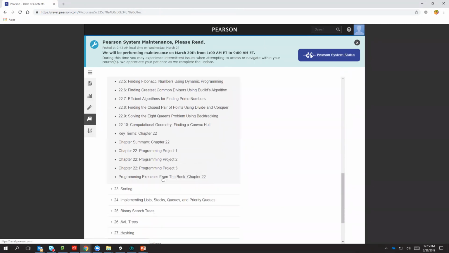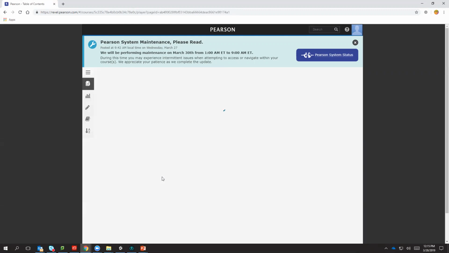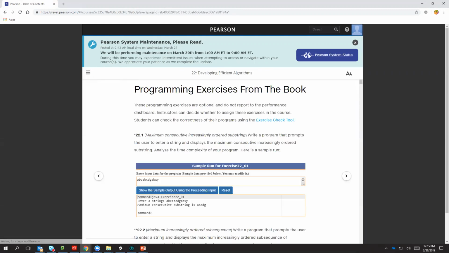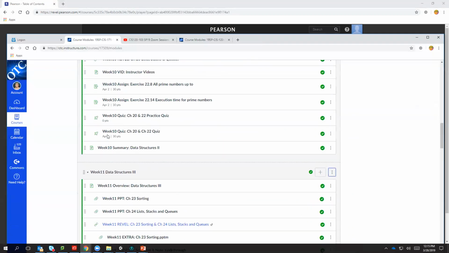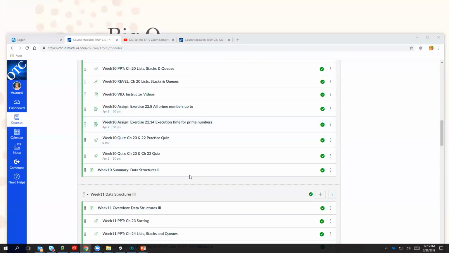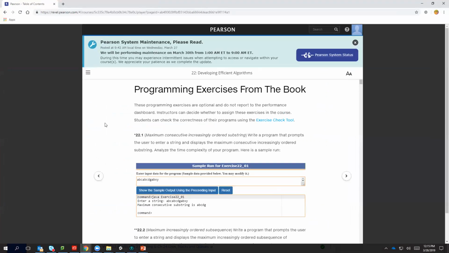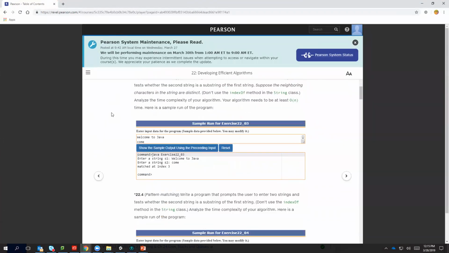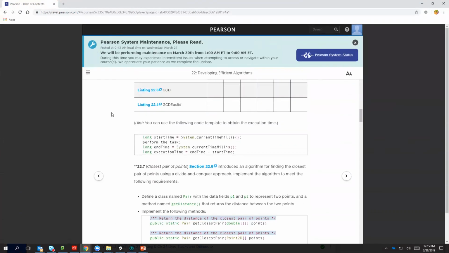In chapter 22, our programming exercises from the book. This week we have exercise 22.8 and 22.14, and they are related. So that's why there's both of them. So if we look at our textbook, and I'm going to go find those, 22.8